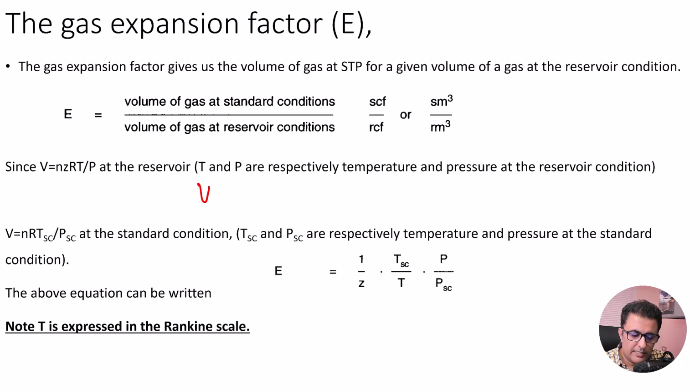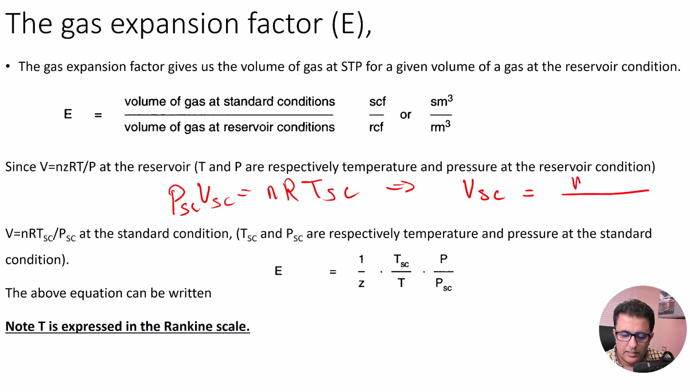So what I can write here, P_S, which means pressure standard, volume standard is equal to nRT standard, a standard condition. So as a result, I can write volume of the gas at a standard condition is given by nRT_SC over